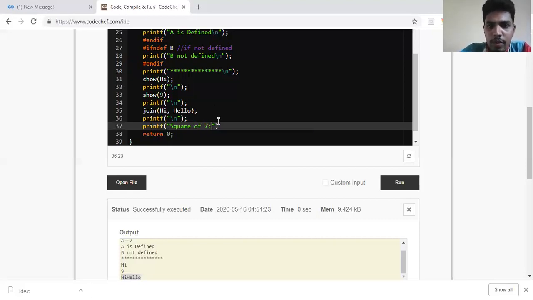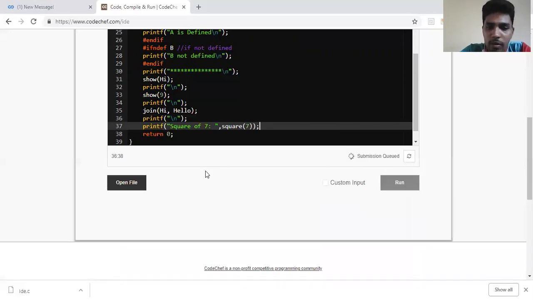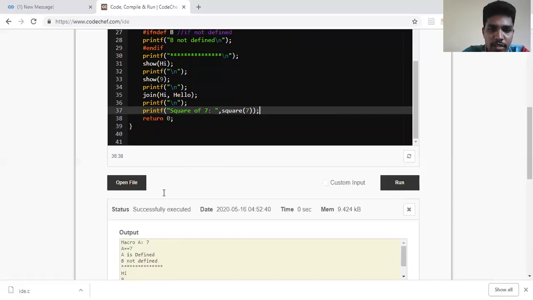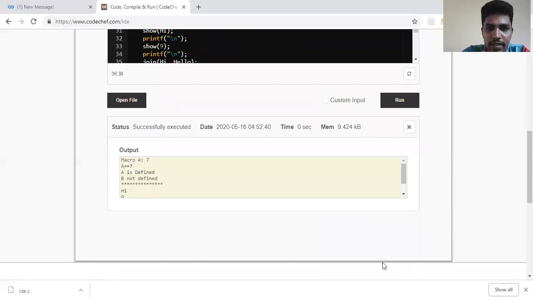So we'll see what is square of 7. So here I'll be writing square, which is the name of the function, and I'll be passing 7. Okay. So let me run this particular code. So you can see here my square would have come in the output. So you can see square of 7.